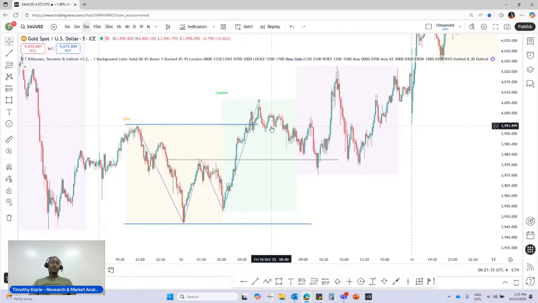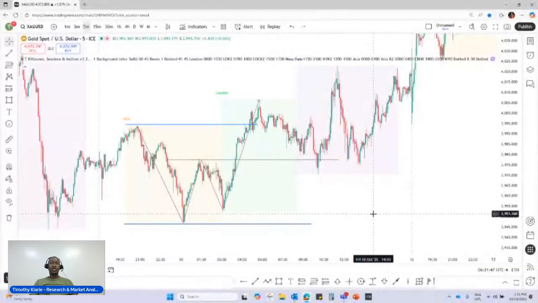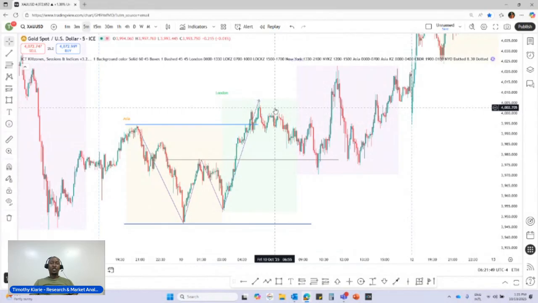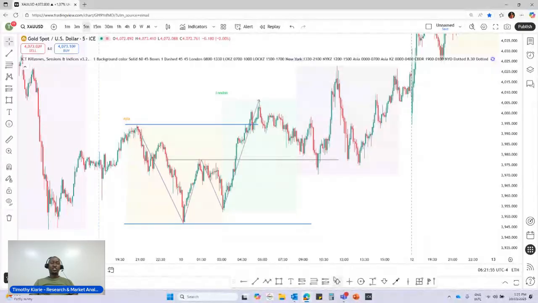It can confirm a break of structure, right? So now once we have that, it's always good to enter the market on retracement. This retracement elongates during the London and the New York overlap. So the first thing we want to consider is we want to look at